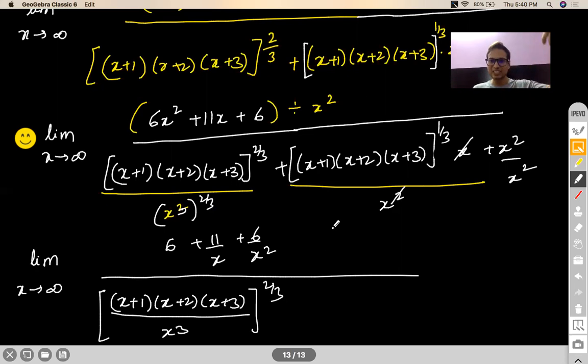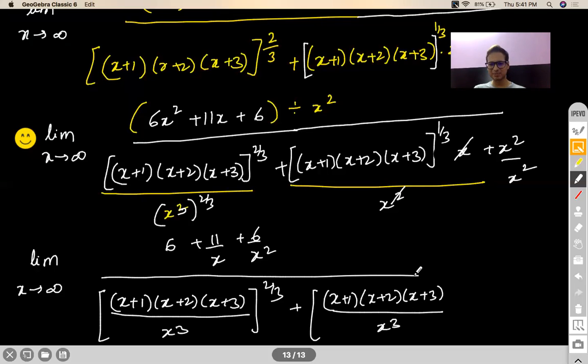And now x enters x to the power 1 by 3 as, how will x enter this entire term to the power 1 by 3? Shraddha, how will x enter x plus 1, x plus 2, x plus 3 whole to the power 1 by 3? Right, Gayatri, x to the power 3. This is something which is exponent laws. This doesn't require a very high level concept. And this will be 1 only. X square by x square will be 1 only.